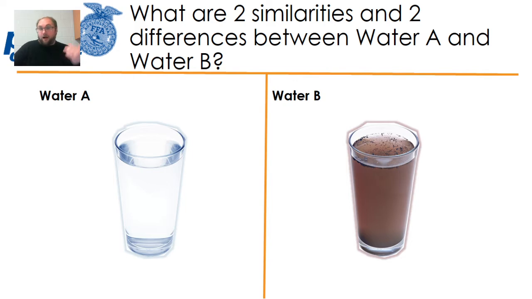A lot of you are probably thinking, well, water B is definitely the least desirable of the two waters. Water A is pristine and clean and pretty. It looks very drinkable. And water B is, well, it's got stuff in it. It looks dirty. You can see particles. It doesn't look clean. Okay, it doesn't look great. And so a lot of us probably came to the conclusion that water B is the less desirable.